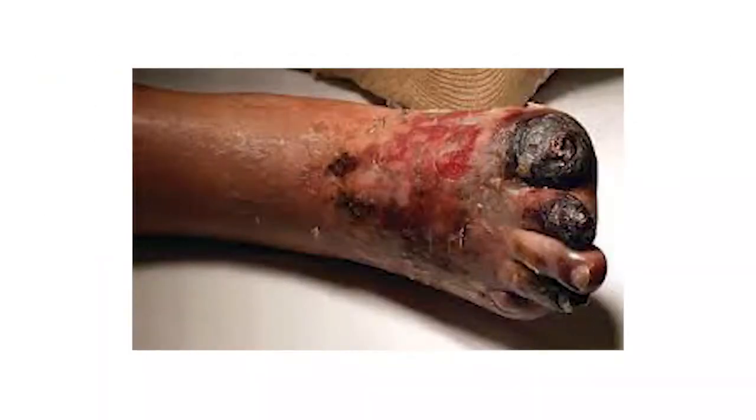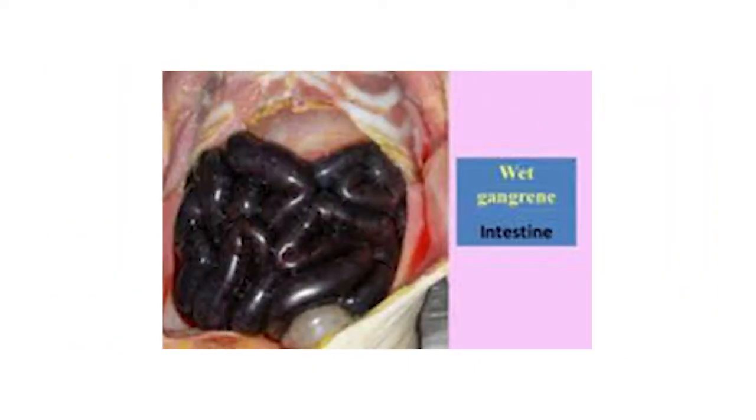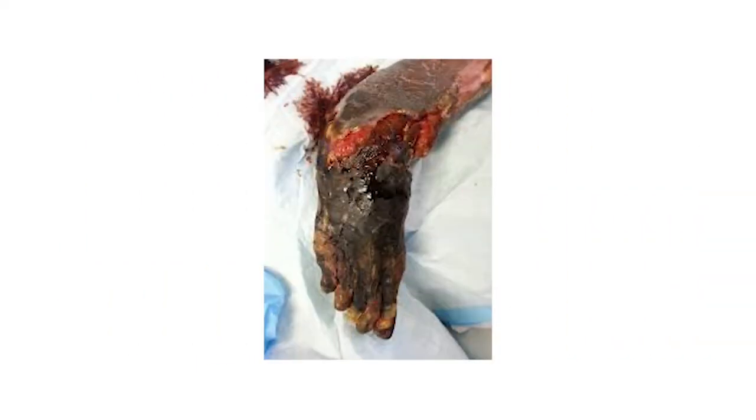Now this is the image of moist gangrene on your screen, you are clearly seeing. And this is wet gangrene of the intestine. There is an acute superior and inferior mesenteric occlusion, and due to that the entire small intestine becomes gangrenous, that is the wet gangrenous type. This is the second type where dry and wet both are seen.